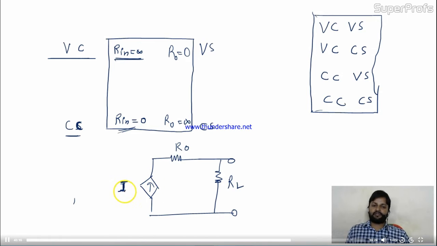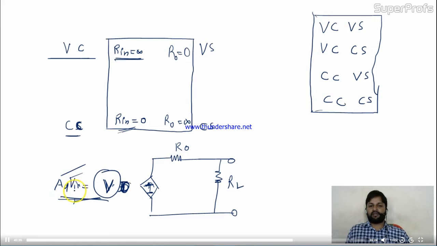In the current source, the resistance should always be in parallel. So let's take it as a voltage source you got over here. Voltage source means you are getting AD times V in. This is the amplified version. At the output stage you are getting V, that is AD into V difference. We know the resistance is always connected in series with a voltage source. Now, if you have a voltage source, so you need R0